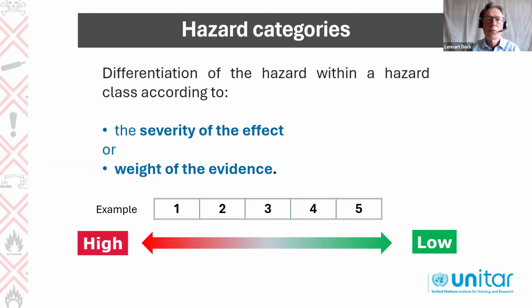And I mentioned also the weight of evidence. For instance, if you look at chemicals that are classified as carcinogenic, if we have human data, then they are immediately classified as category 1. Whereas if you have just animal data, and perhaps only in one species and very old data, and this is of doubtful significance maybe, then they can be a category 2. But